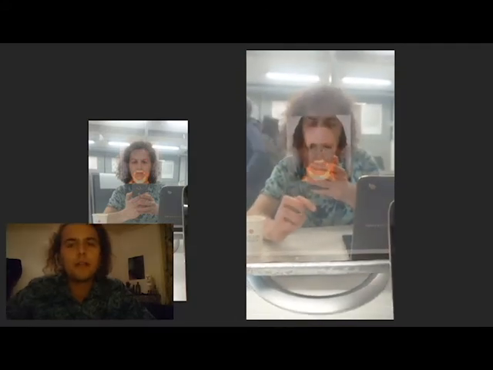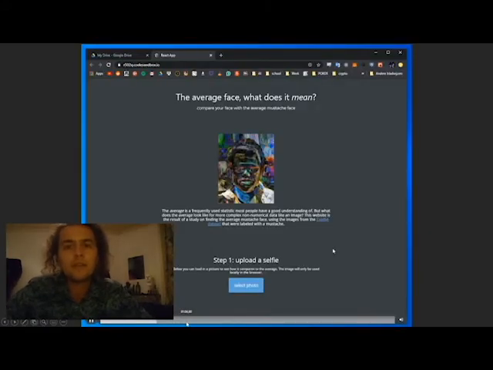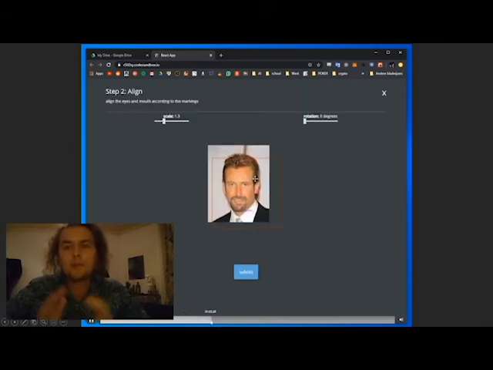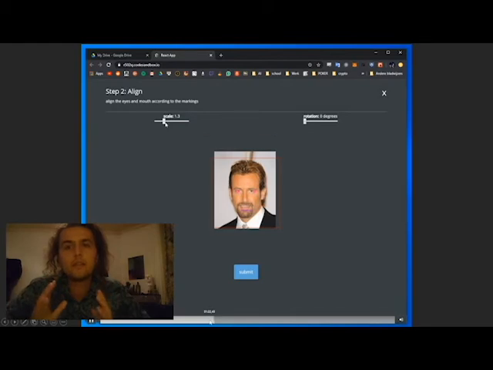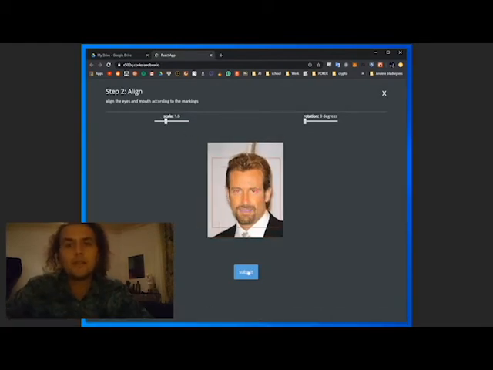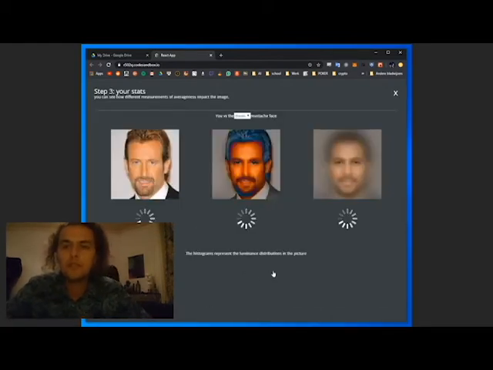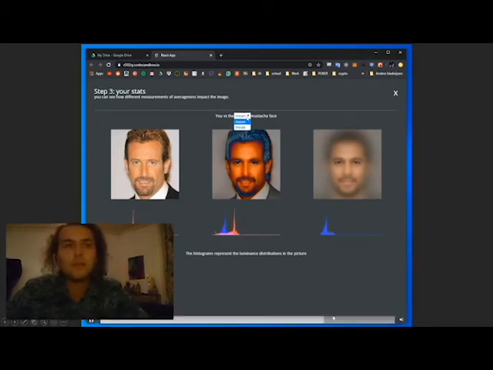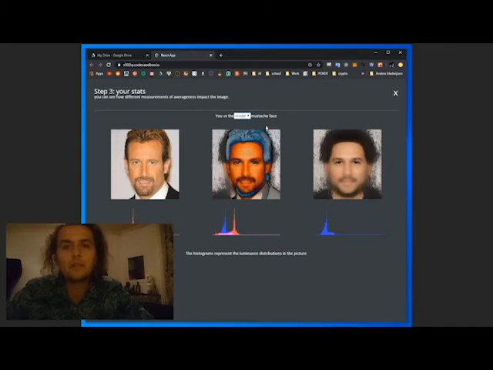So this is where I got to making a website. On this website you can upload your own image, and you have to align it properly, the same way it is aligned in the dataset. And in the last step you can compare your face to the average face, and interactively change the way of averaging and see the changes apply to your own face. So this was the work, basically.